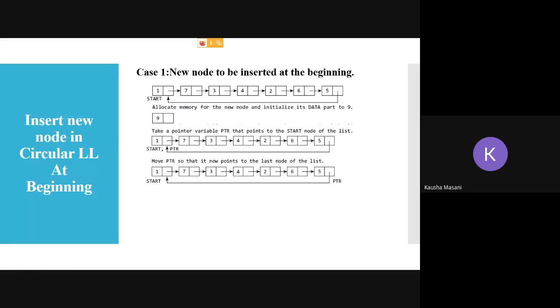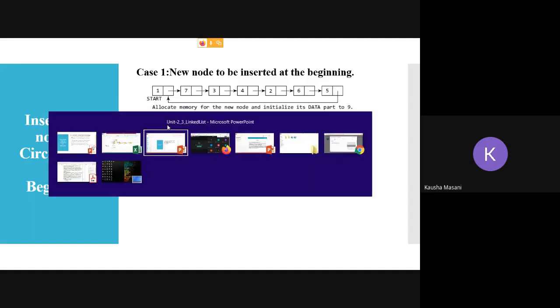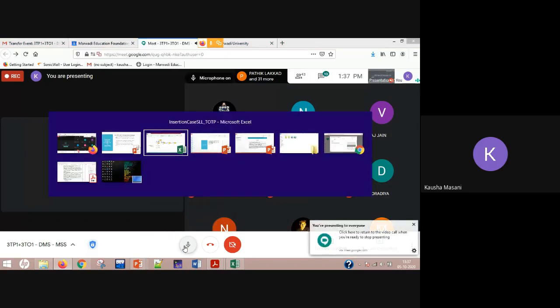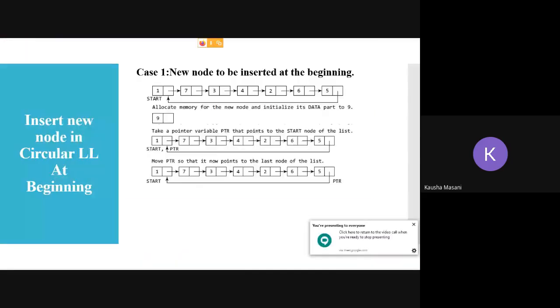Now what you are going to do, what is the aim? We have to add this node.